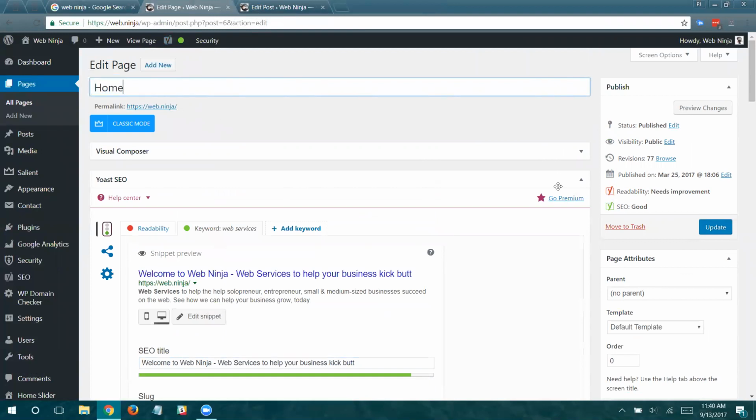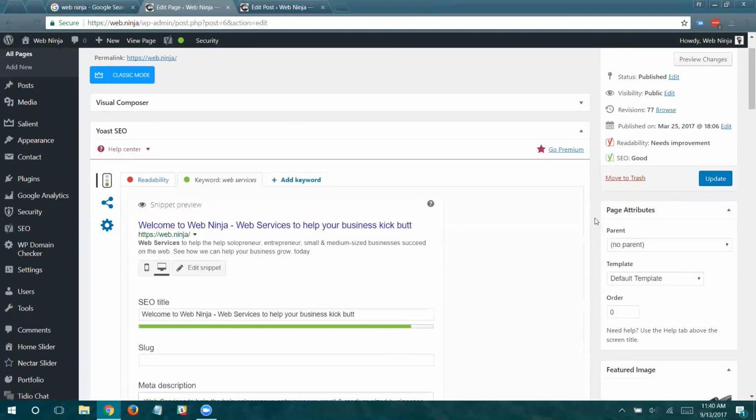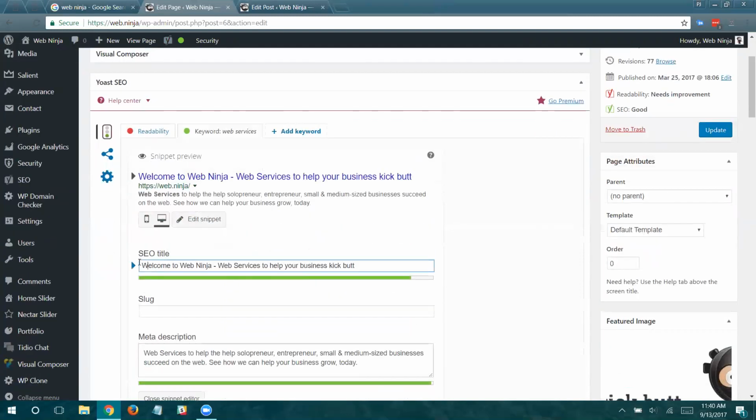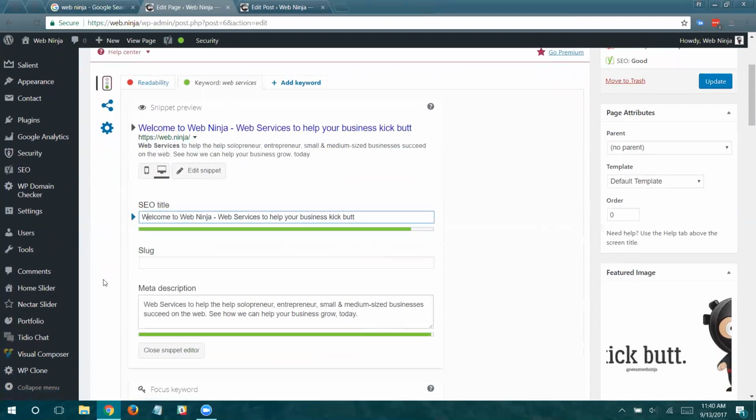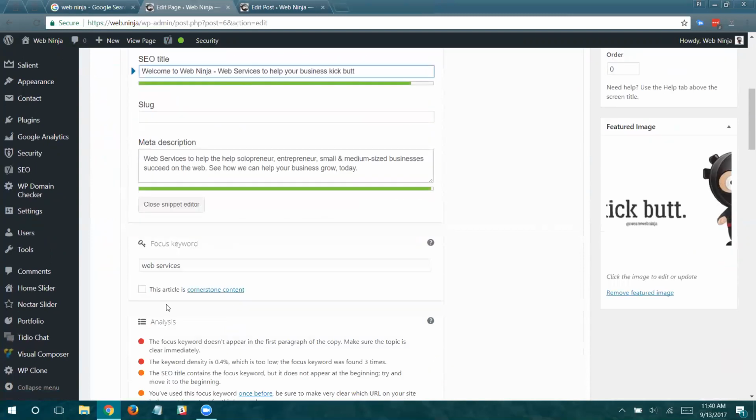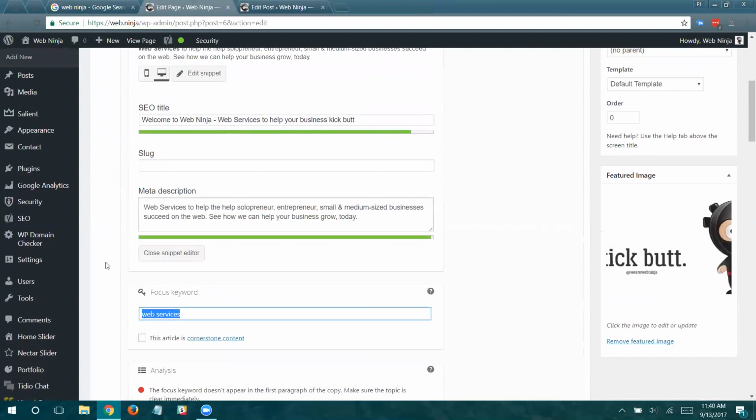And that's not good. It's not good for business. It's not good for traffic. And people who really need my services aren't going to find me. And that is not what I want. So I love that I can edit the SEO title, the search engine title, specifically with the content that I want the search engines to rank my site for, which again is web services. I want this page to be ranked for web services.